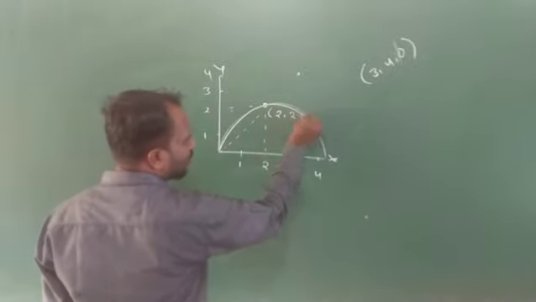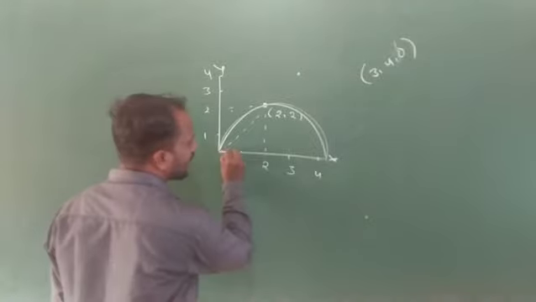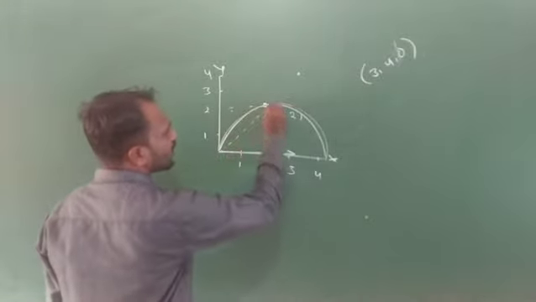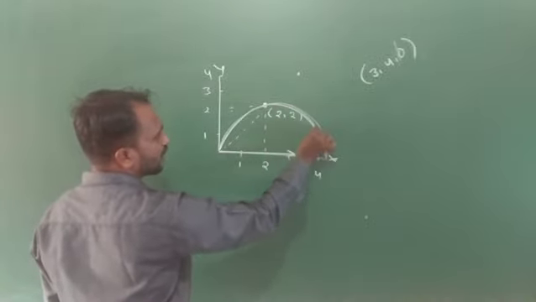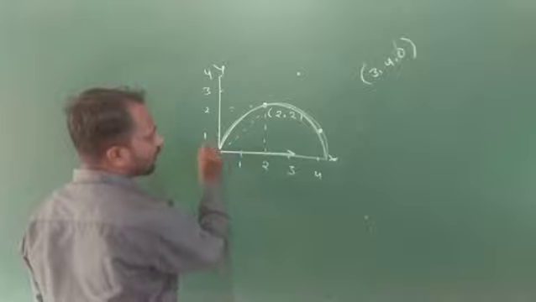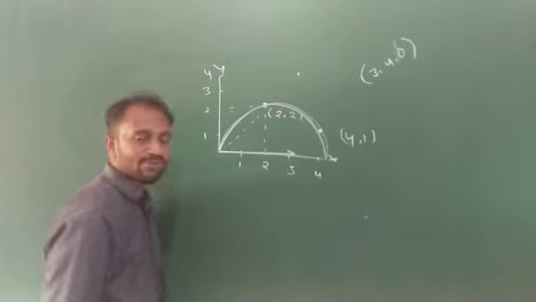So this one is a two-dimensional motion. Suppose an object is moving along a straight line, that is one-dimension motion, and this one is a two-dimension motion. Suppose we want to calculate the position of an object here. The position of the object is along the x-axis 4 and the y-axis 1. So this is the position of an object.